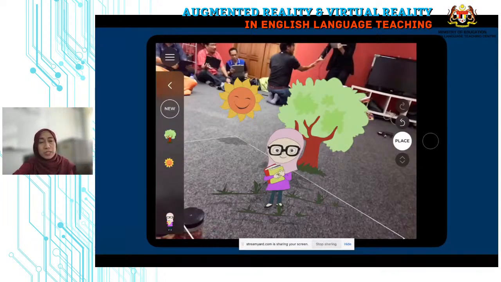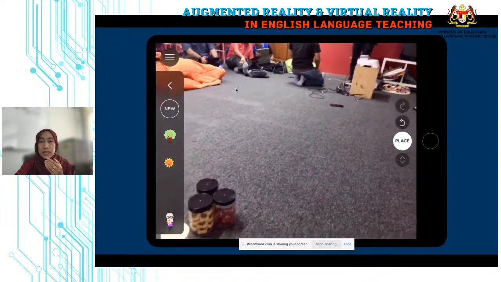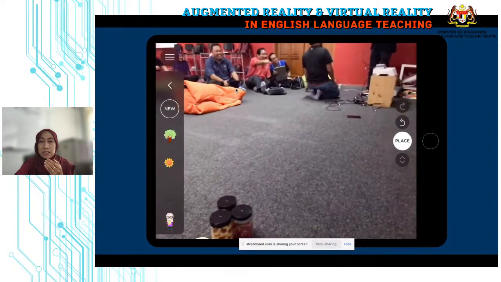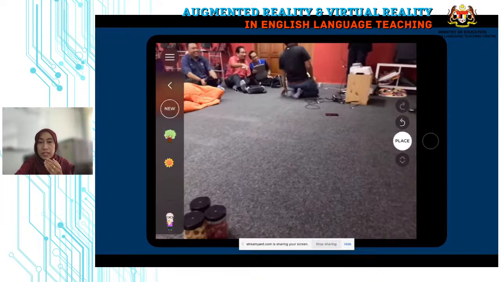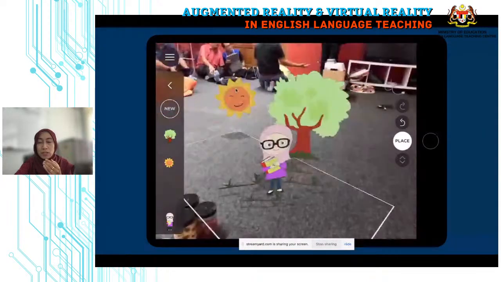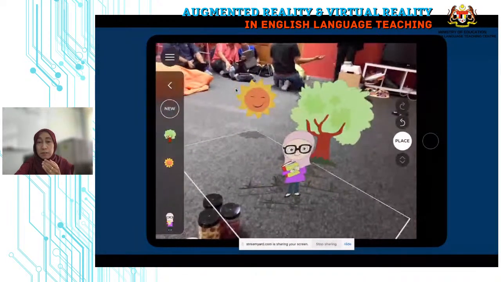Okay, this is one example of the use of AR that we can use for English language teaching specifically, to do storytelling. If I can play, you can see this is location-based augmented reality. So you can ask your students to create this.